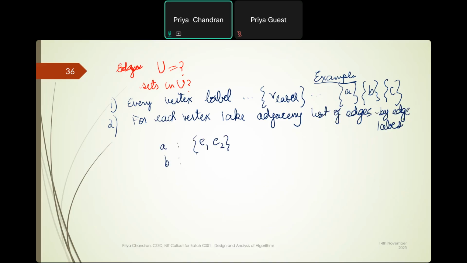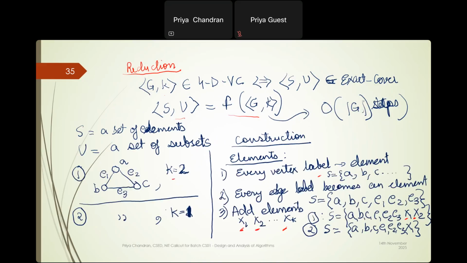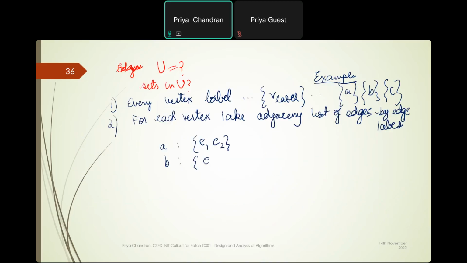For B, in this case, it must have been, I suppose, I'll just look up. For B, it was E1, E3. For C, it must have been E2, E3. So these are all added. I mean, these all need to be added, but not exactly in this way. What we are going to construct is we will also be adding all the